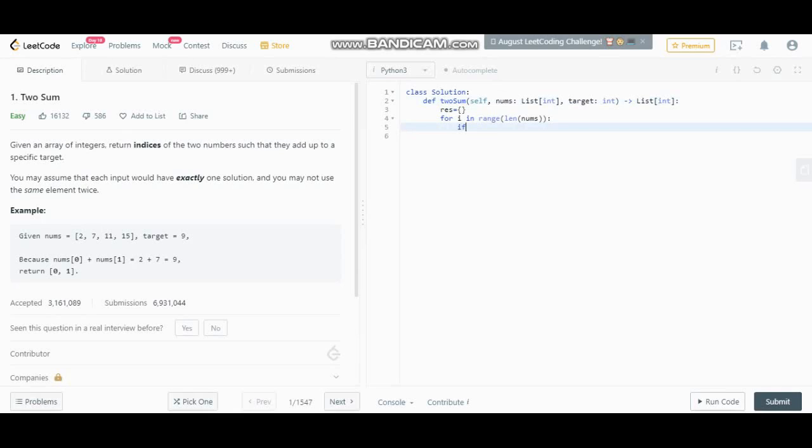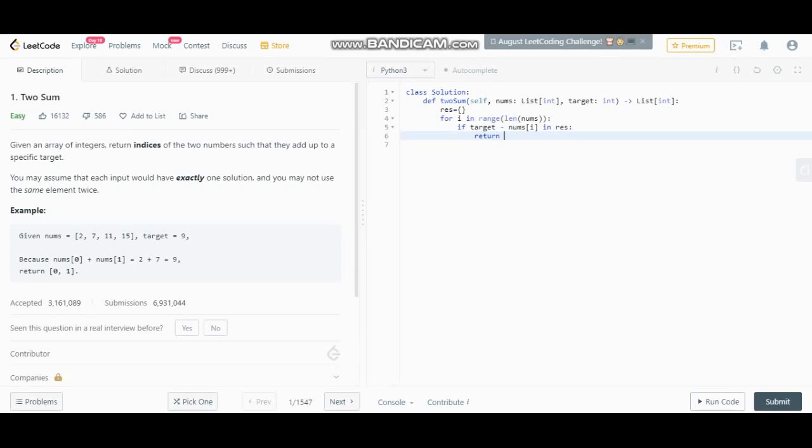Now we will check for the complement. If target minus nums[i] is in the dictionary, then if the target exists, we should return the correct value.